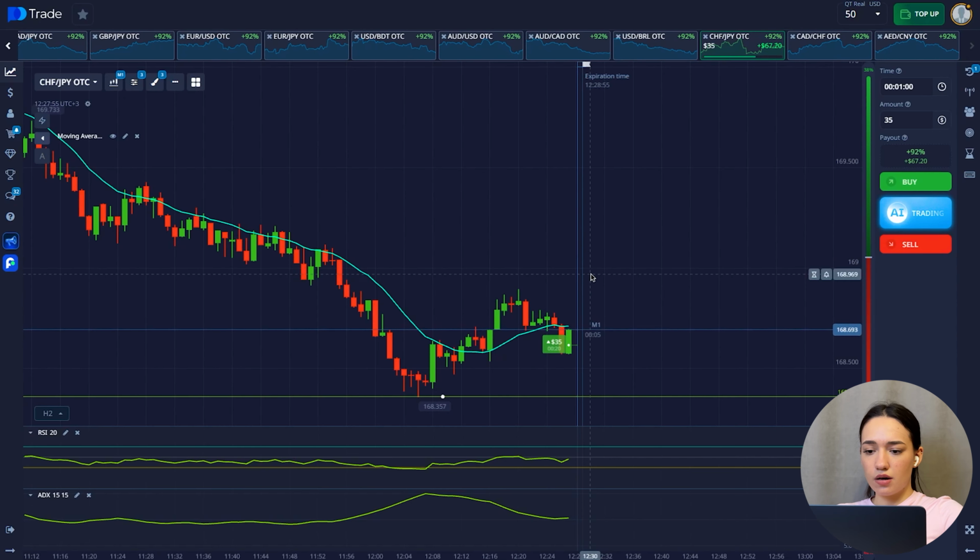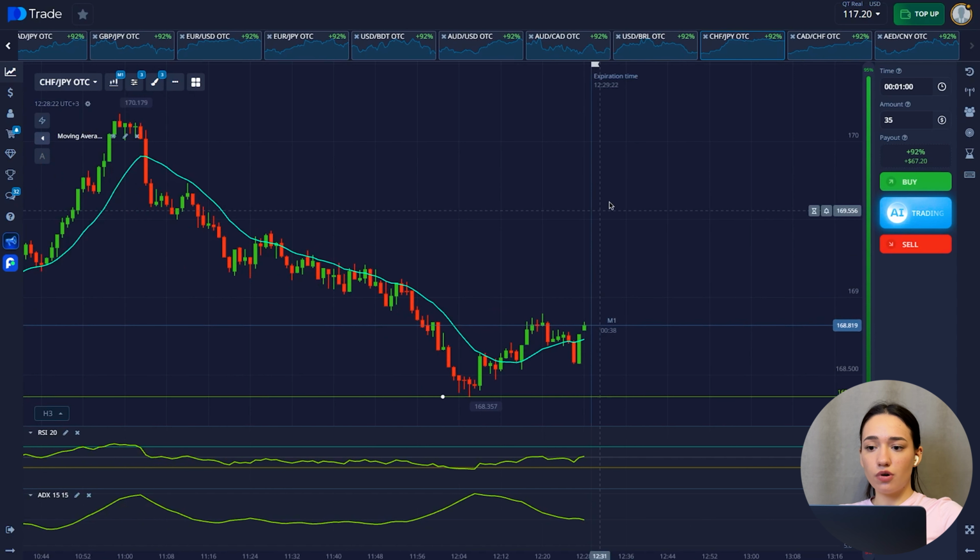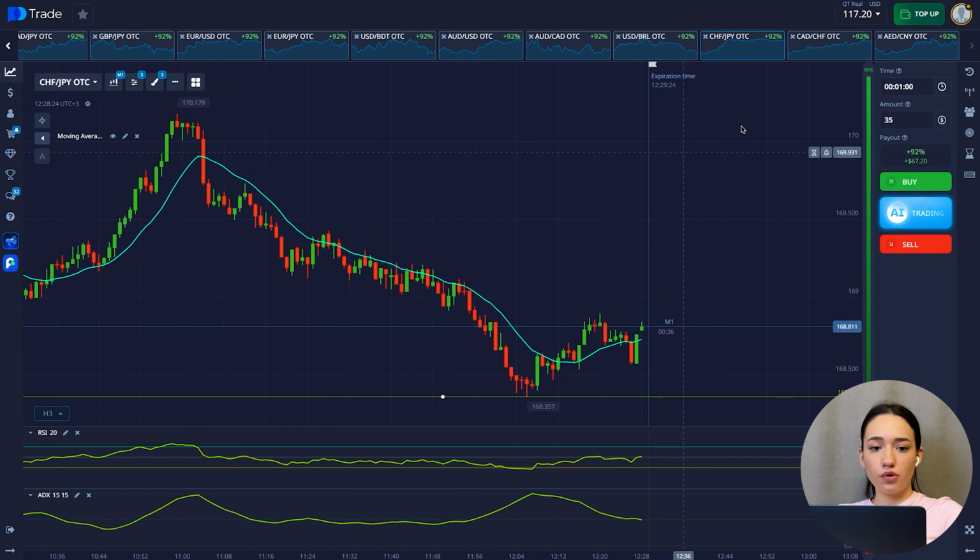And guys, we have a few seconds, about 15 seconds left before the first trade closes. Excellent, so the first trade closed in loss, but the second one closed in profit. Overall, we are up